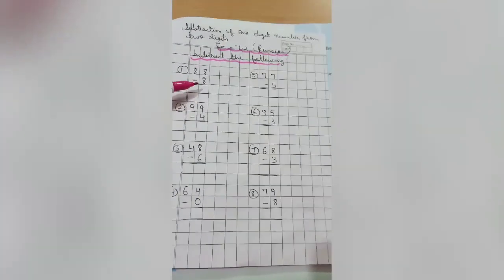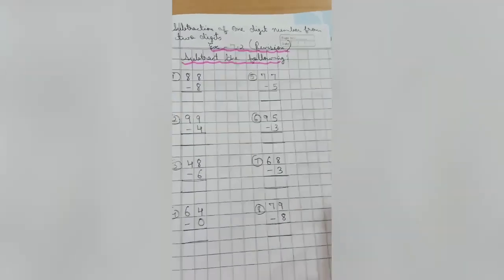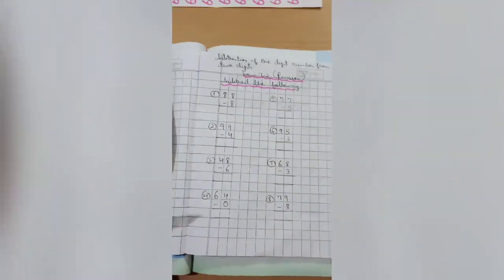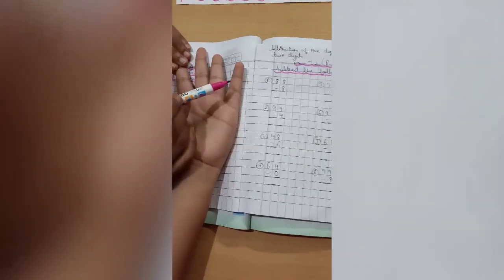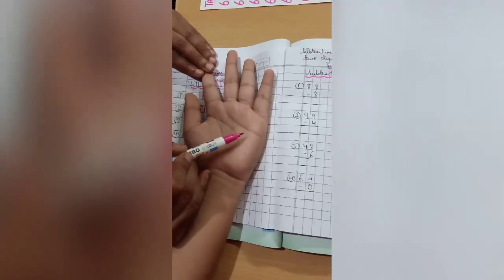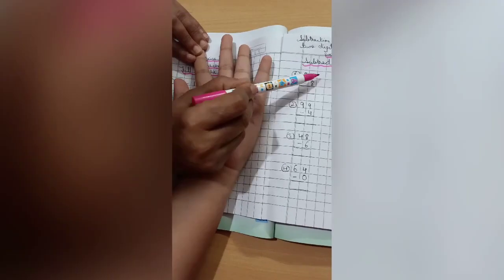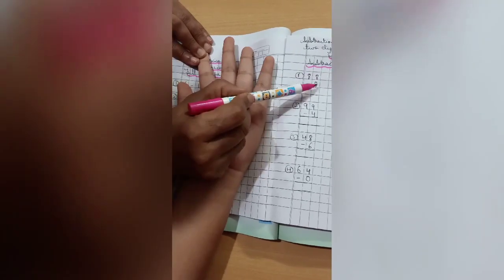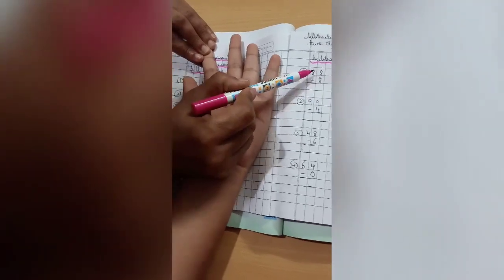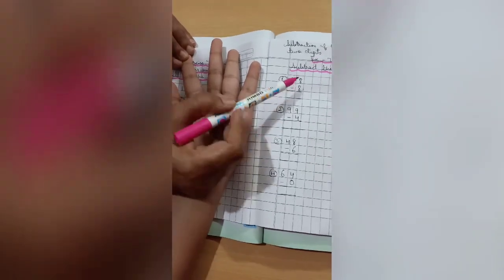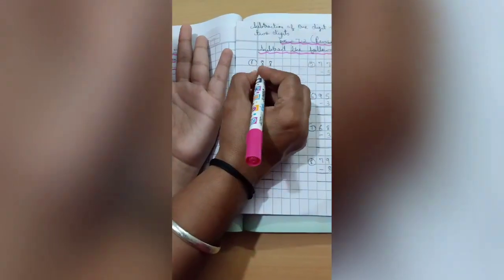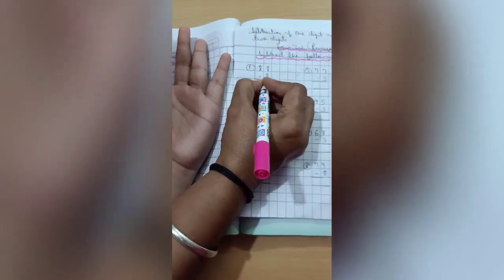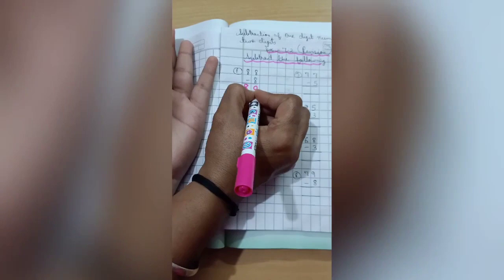88 minus 8. See, you all know what we do in addition and subtraction: we use our hand for the subtraction. Here, see, first 8 minus 8. These are the same numbers and we have done this in properties of subtraction. 8 minus 8 is 0. And here nothing is written, so the same number will come down. So 88 minus 8, 80 is the answer.